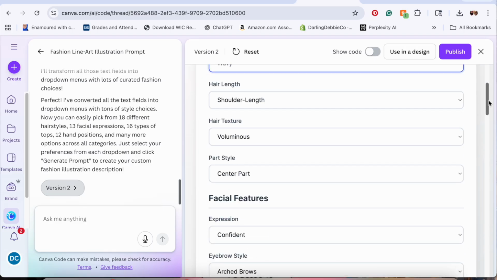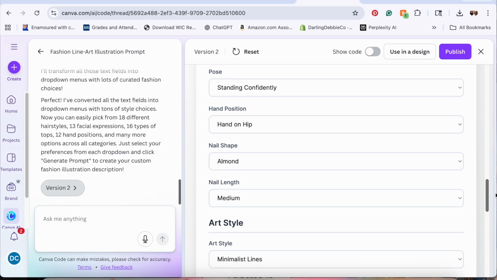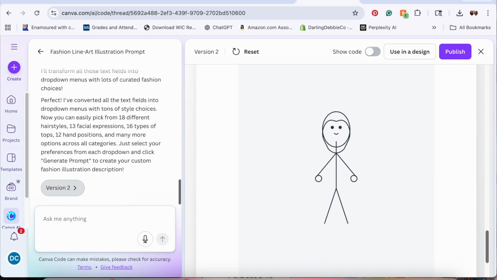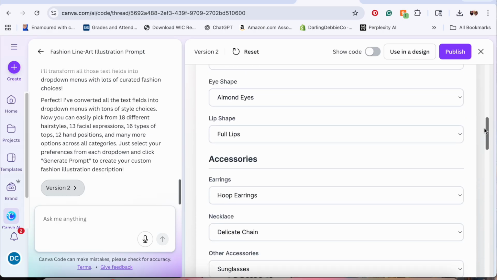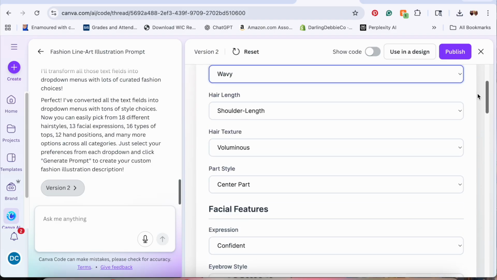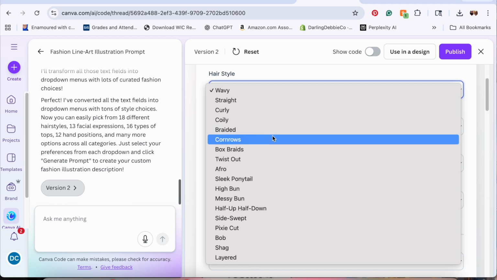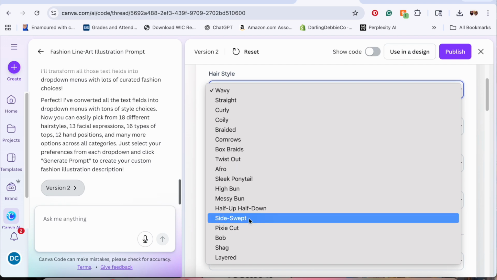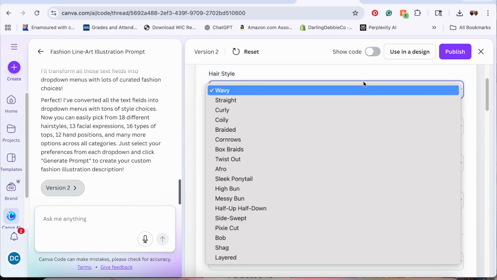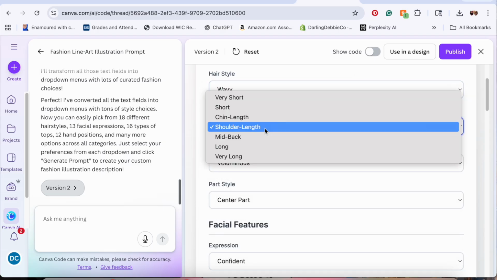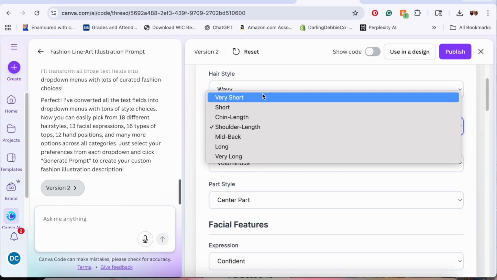Now the next thing I want to do with this, I'm going to scroll down and look at this doodle. It's so funny. But let's see what kind of hairstyles it gave me. Straight, curly, coil, braided, cornrows. It has twist outs, afros. Pretty cool, okay? And then the length of the hair